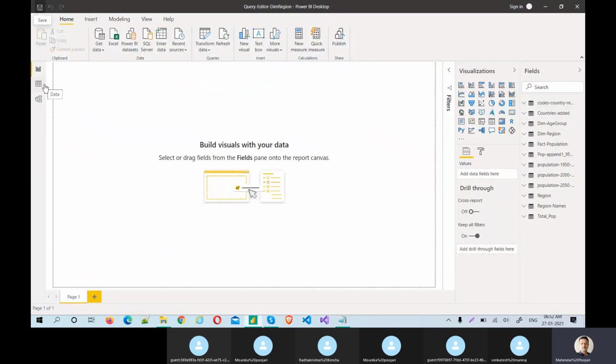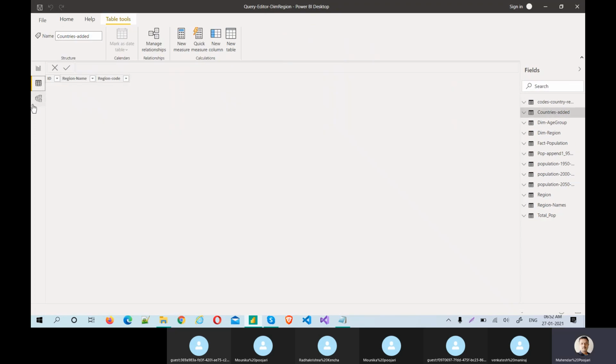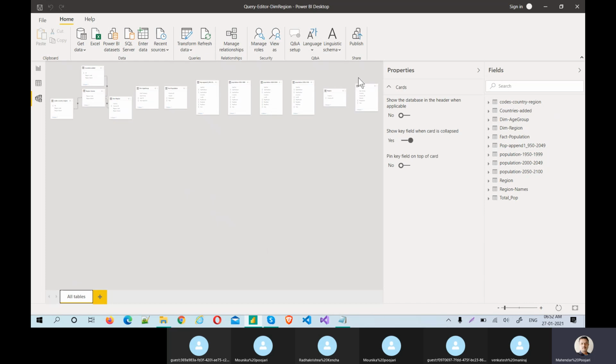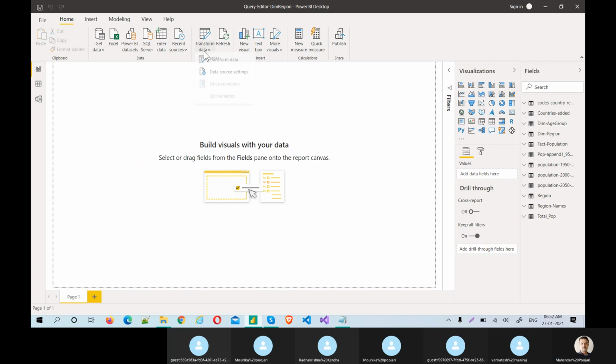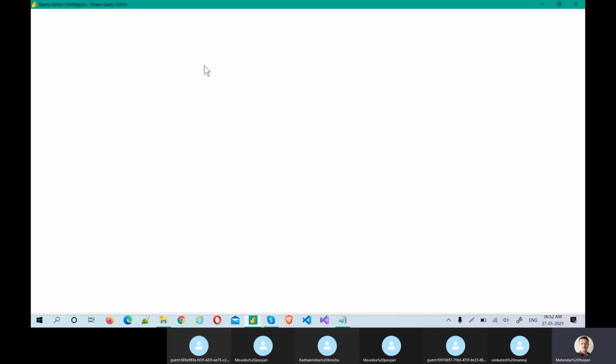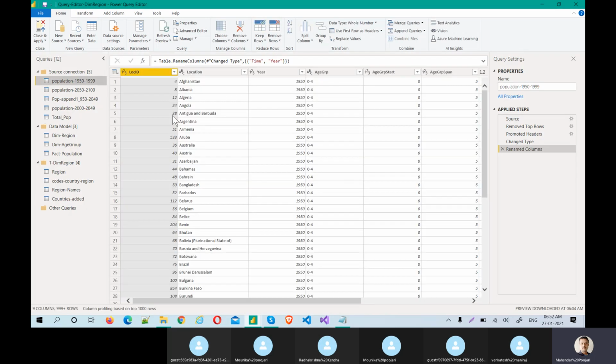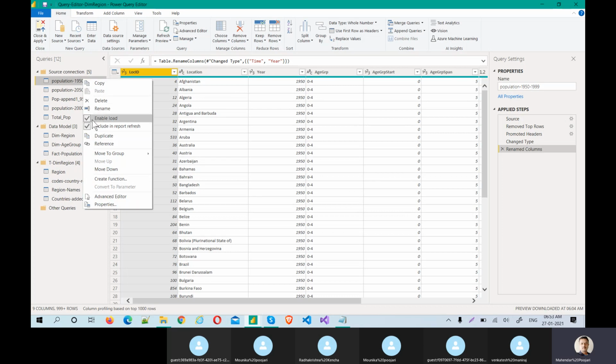How to do that? If you go here, in the data model you see a lot of tables, and they're doing some relationships automatically, but for now I don't want to see all of them. So let's go back to the query editor, click on Transform, so that you come back. How can you avoid that? If you right click, there is an Enable Load option.